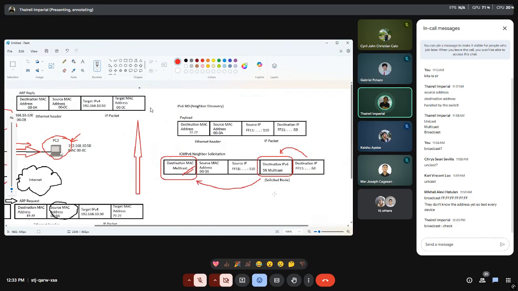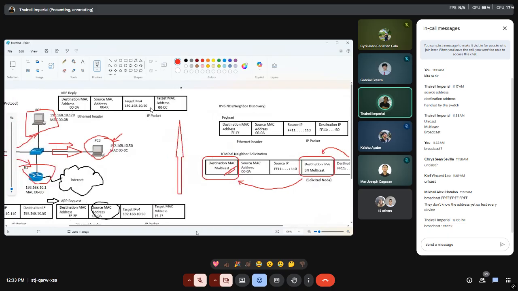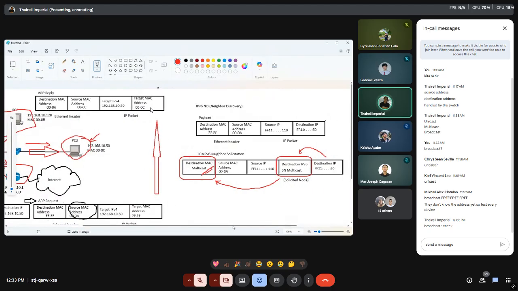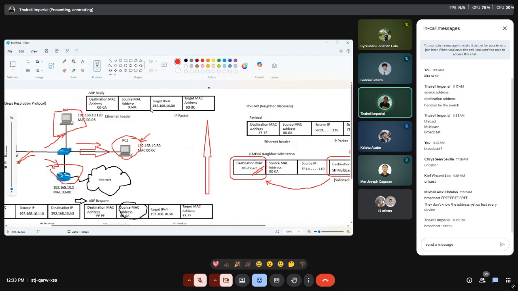So, yeah, basically that's it. Those are basically the operations that are done for IPv4 and IPv6, particularly ARP and ND.